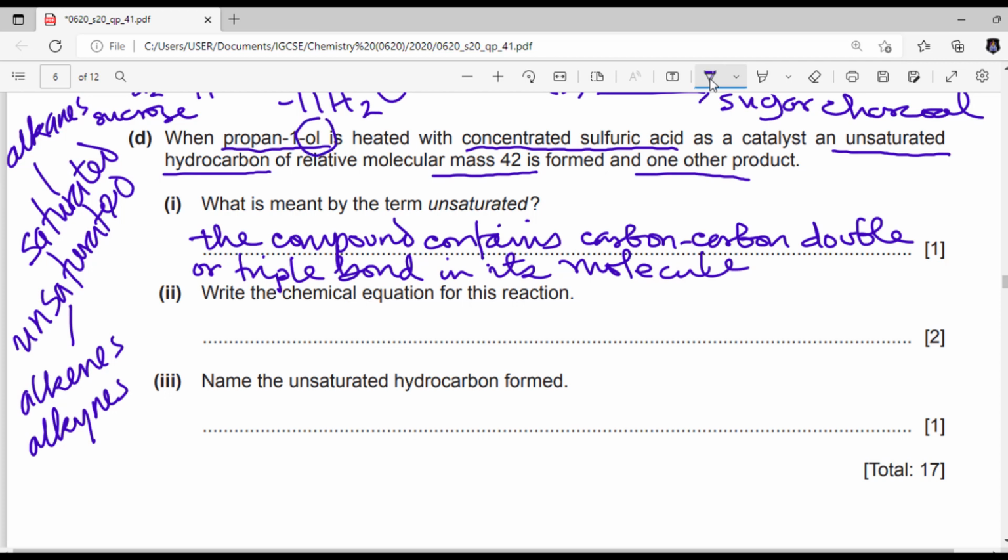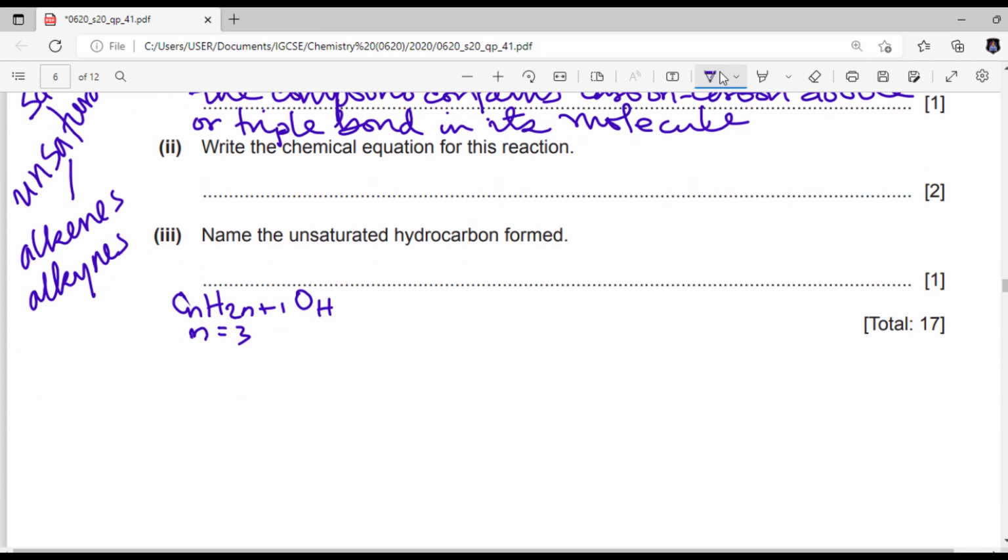So it means that it ends with OH. And what's the general formula for alkanol? That's CnH2n+1OH. And prop here means 3. So it means that here n will be 3, right? So here it means that this will be